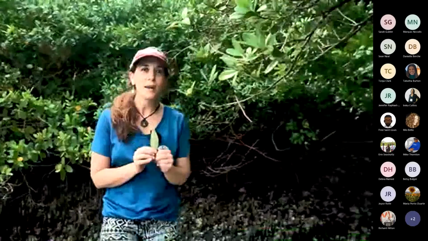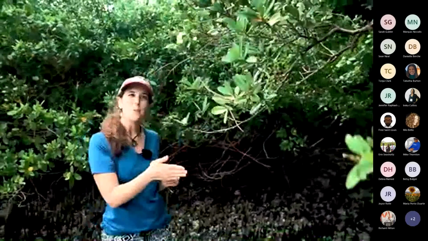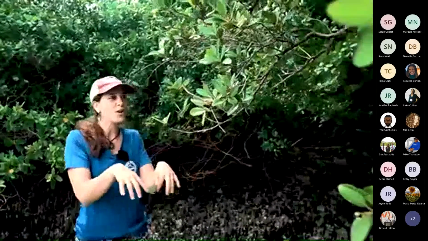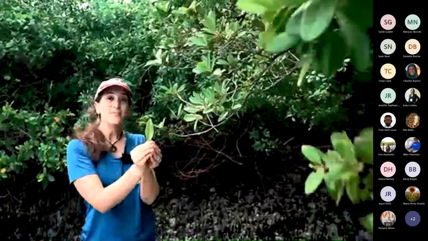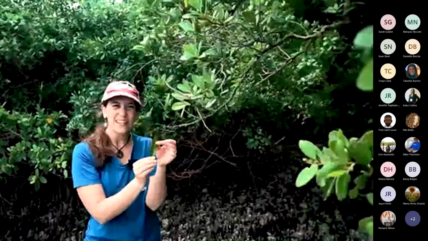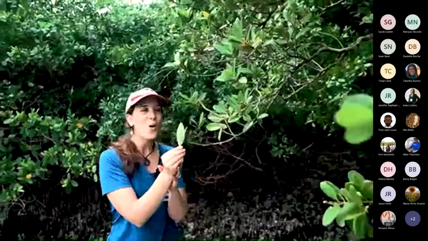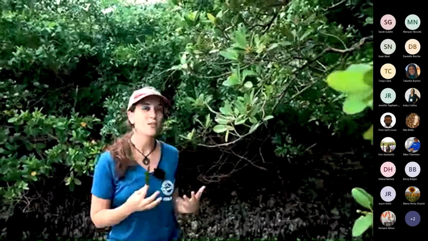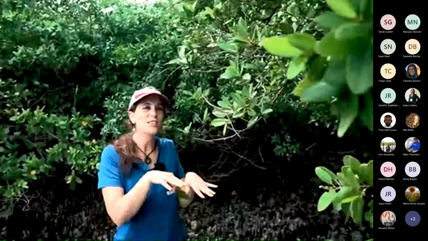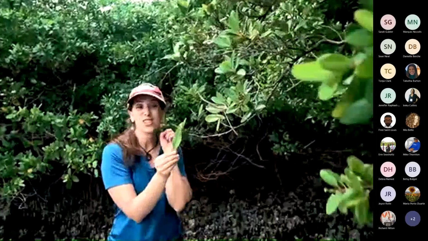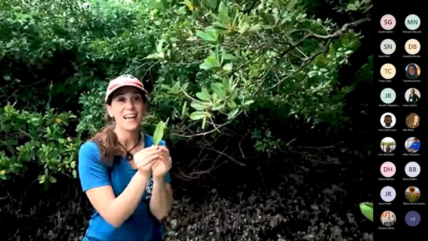So black mangrove leaves are a little bit different than red mangroves. They're usually the second tree back from growing right in the water. The one side is fairly green. They're not quite as waxy as red mangrove leaves, but the back side is really light. And so whereas red mangrove leaves have sacrificial leaves that they put all the salt into, black mangrove leaves just excrete the salt on both sides of the leaf.